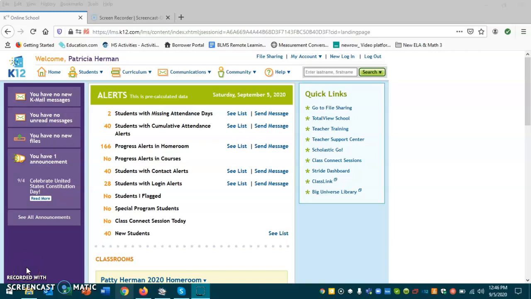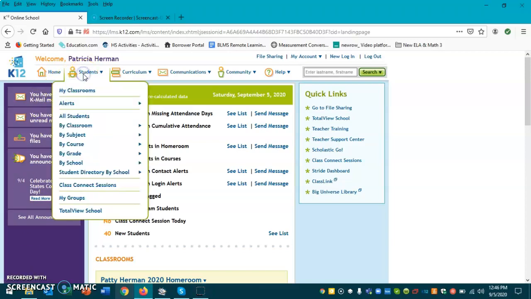Hello. So what I'm going to be doing today is creating my updated Blackboard plan so that when we want to create breakout rooms, we don't have to individually name them every single time with students' first names. So the first thing I'm going to do right now is go up to my